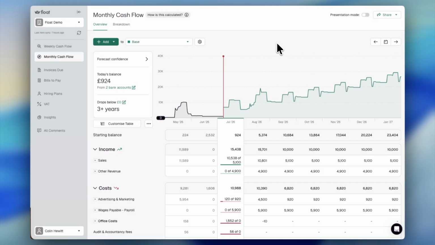Have you ever found yourself asking, when will my cash reserves run out? What happens if a client pays us late? How much do we need to make to break even? Or when can I take money out of the business? These what-if questions can cause a lot of uncertainty, and that's where a clear, up-to-date cash flow forecast can make